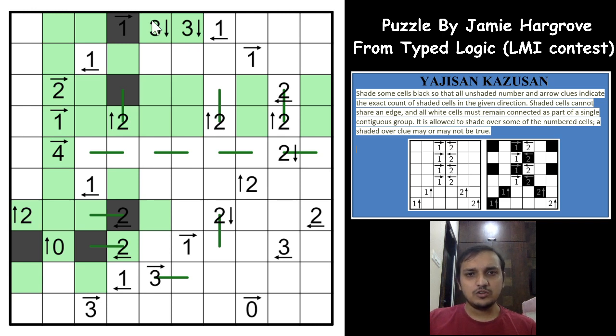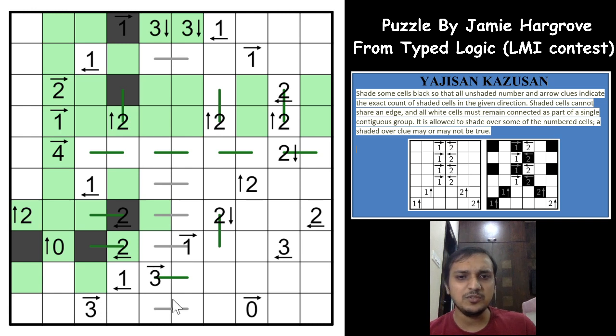Okay, so if you see for the 3 and 3 clue, there has to be exactly 6 cells shaded in these 2 columns, and you can always see that a 1 by 2 cell will always have 1 cell shaded, right? So let us count here: 1, 2, 3. Let us mark just with the gray line here. So 1, this is second, which is for sure, 3, 4, 5, 6 and 7, right? So there can be 7 shaded cells maximum in these two columns, and we need only 6.